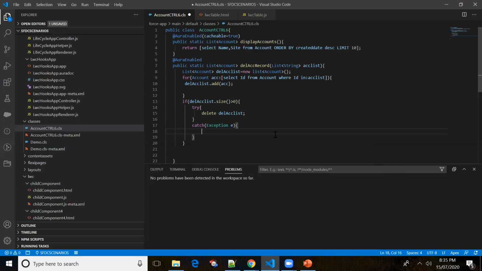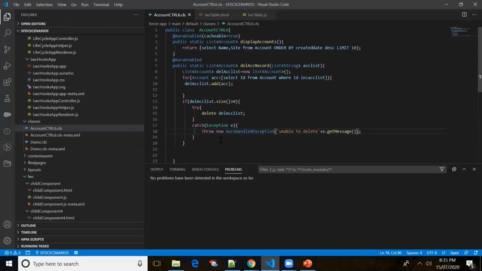In the catch block, we'll just be catching the error through a new AuraHandledException. Let me just remove this. I'll be putting a custom message here: unable to delete, plus e.getMessage. I just want to know what could be the error while deleting the record.